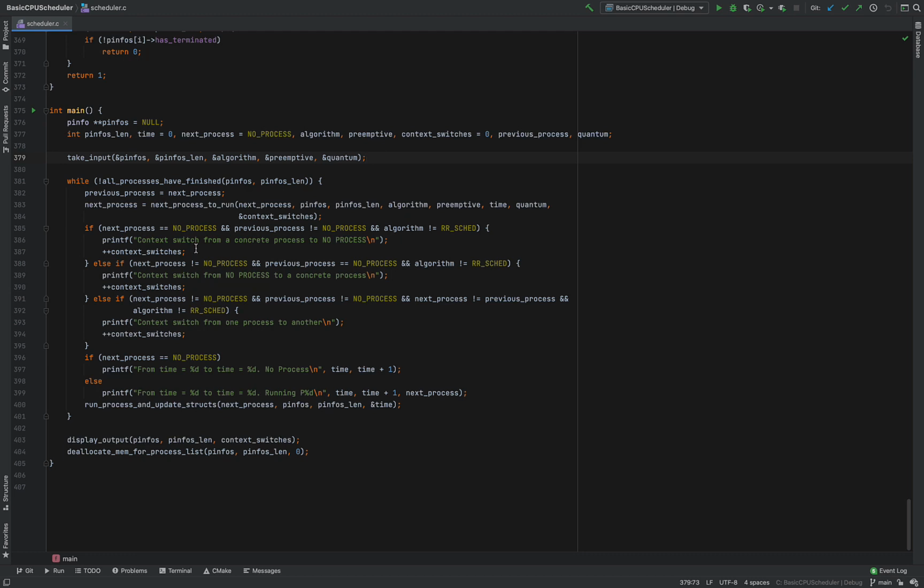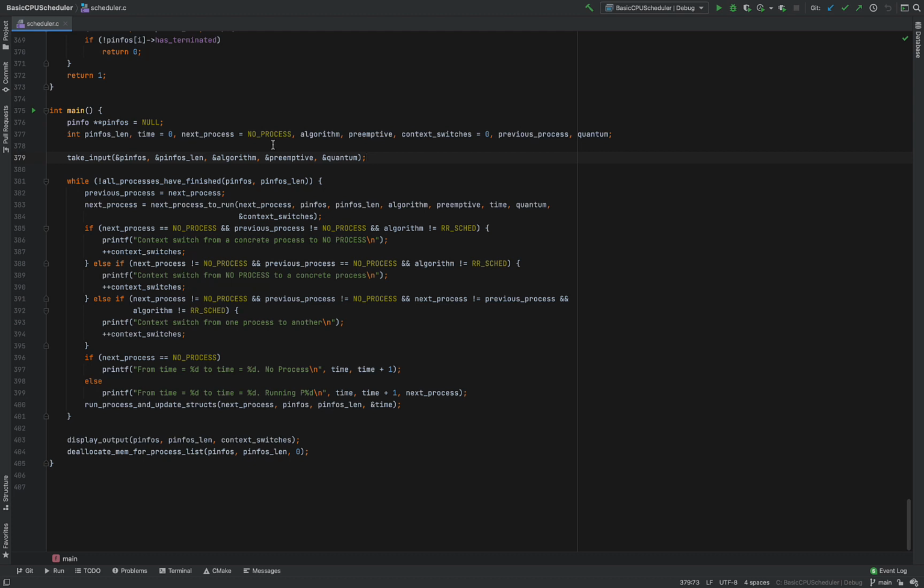It's because we compare whether the next process is going to be different from the previous process, and in that case we are going to know that a context switch has happened. That is why we keep a copy of the next process. And in this function you could also pass the previous process or the next process, it does not make any difference. So the next process to run needs to know what was the last process that was running, right?